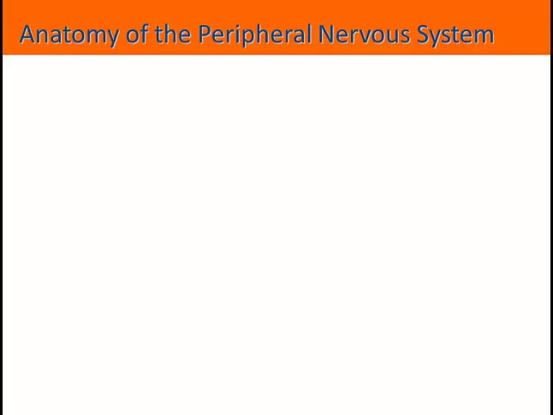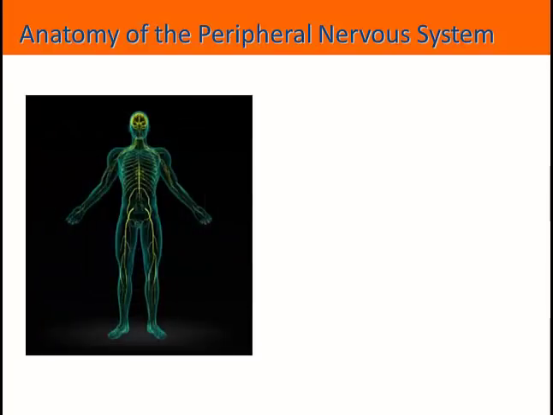This week in lab, we're going to continue our discussion of the nervous system, now moving away from the central nervous system to talk about the peripheral nervous system. The peripheral nervous system will receive signals from the central nervous system and bring that information out to the extremities. We'll also bring sensory information back. And so we're going to talk about those specific pathways, and we're going to identify a number of nerves that assist in those functions or perform those functions.